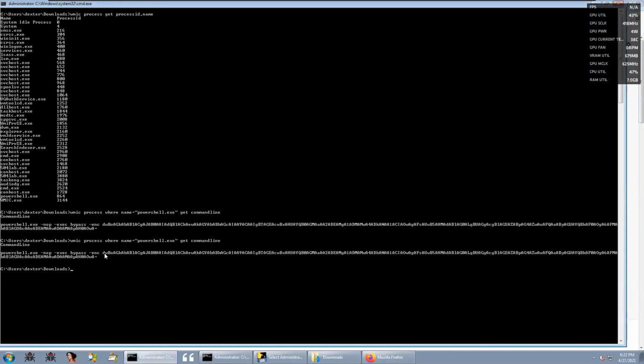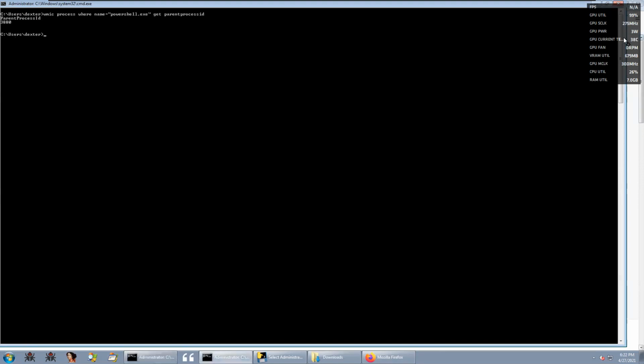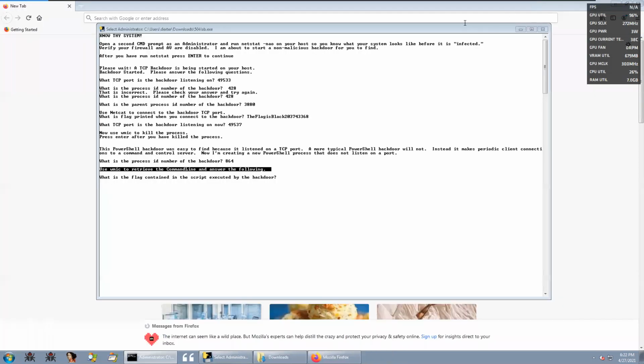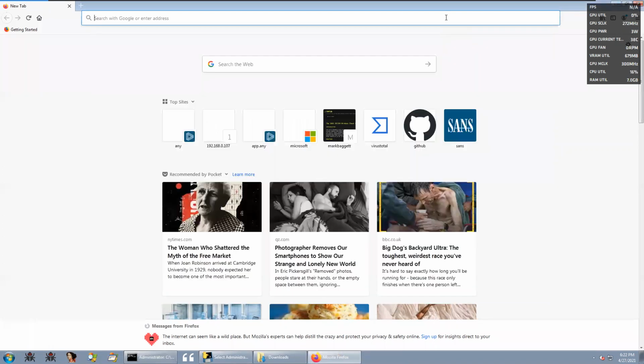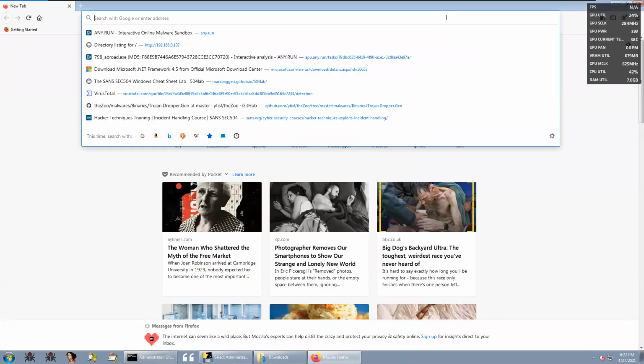Whenever you see something like random numbers and letters, there are chances that it is base 64 encoding. It is a data type. Base 64 encoding is used to hide the plain text code, so no one else or antivirus can see what code is being written on the disk or in the memory. Now it's time to decrypt that.